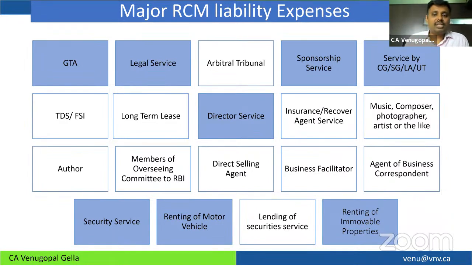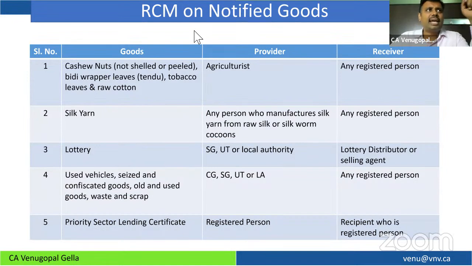This is for services. What about goods? There are very few list of goods, and some people are applicable for it. Where basically it is cashew nut, silk yarn, lottery, used vehicle, and PSLC certificate. In these cases, the goods where the reverse charge is applicable. So now you have to